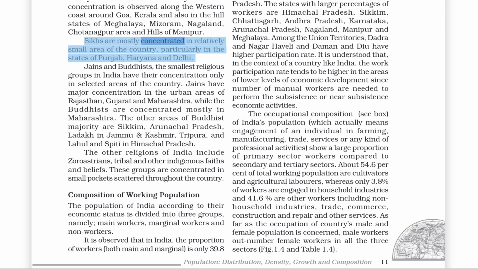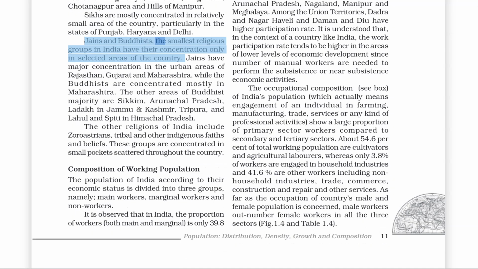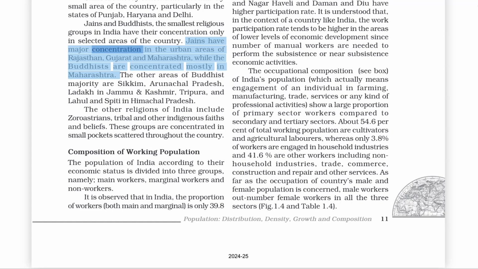Sikhs are mostly concentrated in relatively small area of the country, particularly in the states of Punjab, Haryana and Delhi. Jains and Buddhists, the smallest religious groups in India, have their concentration only in selected areas of the country. Jains have major concentration in the urban areas of Rajasthan, Gujarat and Maharashtra, while the Buddhists are concentrated mostly in